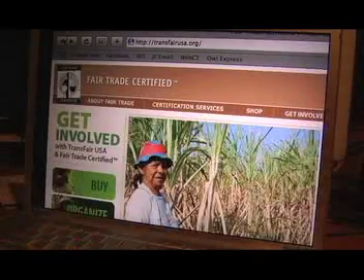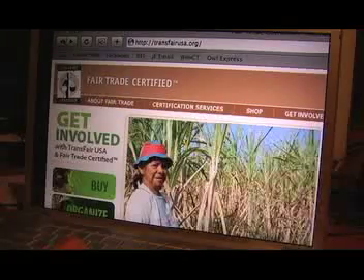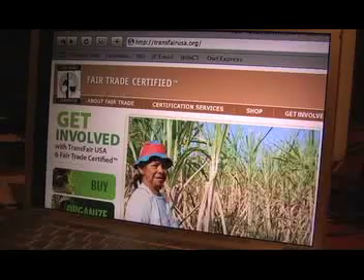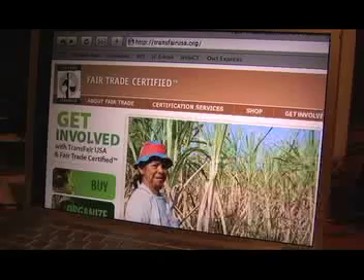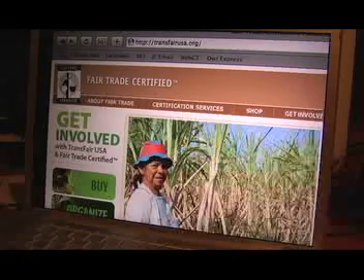The last way to get involved is by far the easiest way to get involved, and that is by buying fair trade certified products. We all need things every day, such as groceries, which include coffee, rice, beans, sugar, etc. And there's a new movement that is making sure that products are fair trade certified. And what is that, you ask? Well, I'm at the website